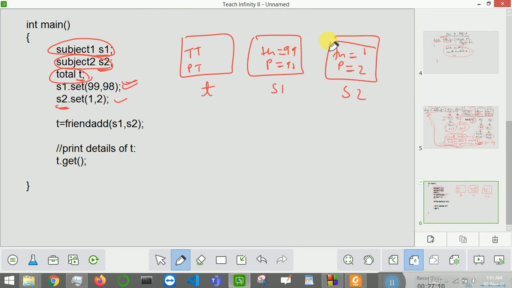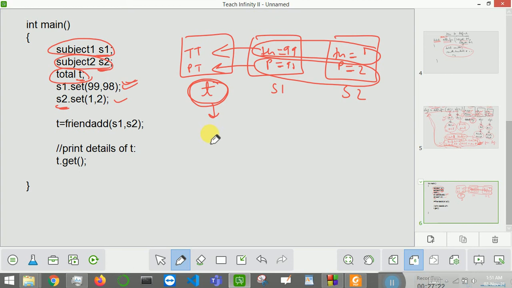Now I need to add the theory marks and store it in total. I need to add the practical marks and store it in total. Okay, so I need to store it in this object. I need to make changes to this object, so this will be your assigning object. Always remember, whichever object you want to make changes to will be your assigning object.